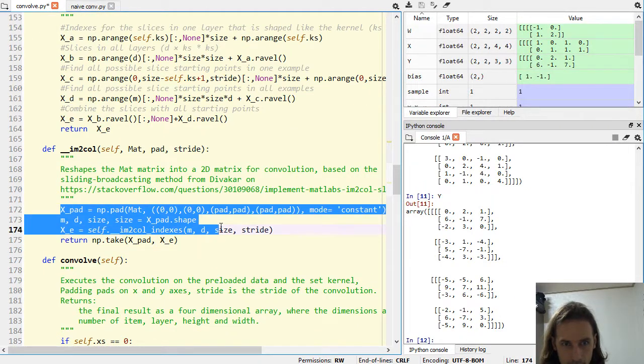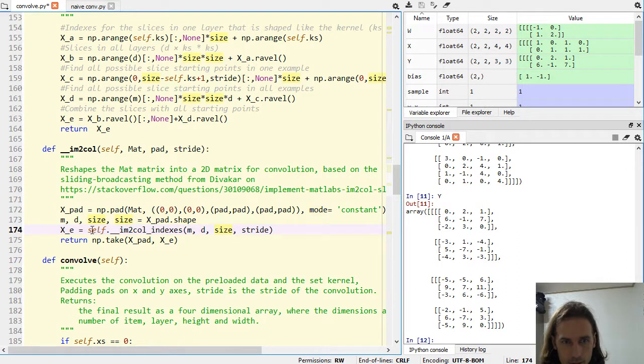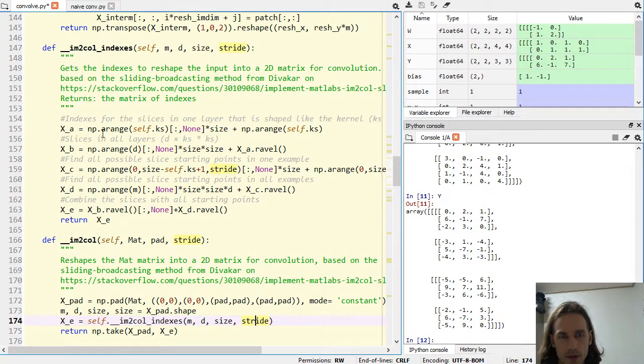So basically, I make my padded X, I get the size of this padded X, and I go to this image-to-column indexes function with the size, the number of samples, the depth of the layers, size, and the stride. These are the important things here. And we are making an index